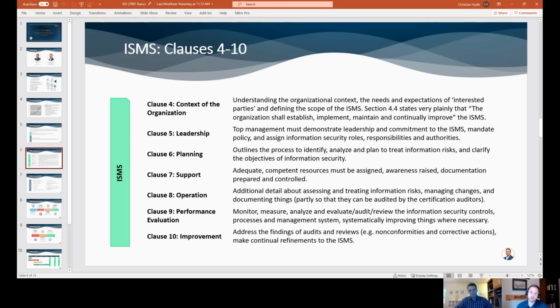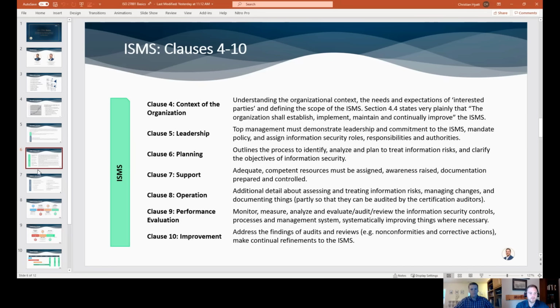I think from my experience, auditors probably spend at least 50% of the time auditing the ISMS, and that really needs to be tight if you want to get certified. Anything else you want to add there, Sawyer? No, I think we'll get into it, but you'll see there's a couple of stages to the audit itself. That first stage is essentially focused on just this.